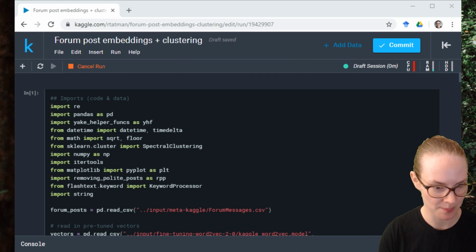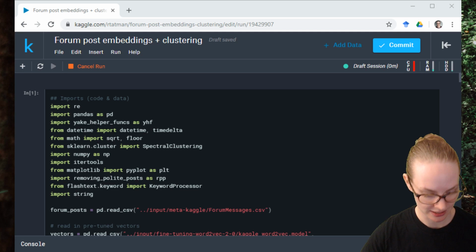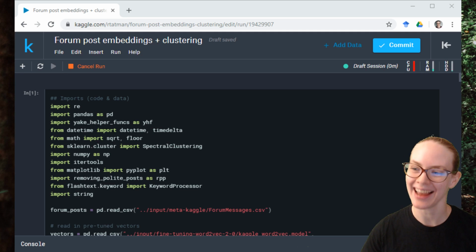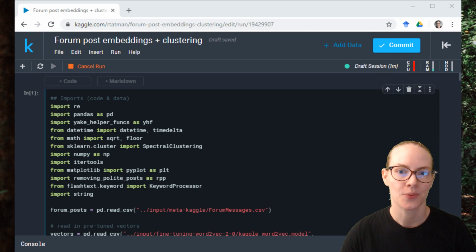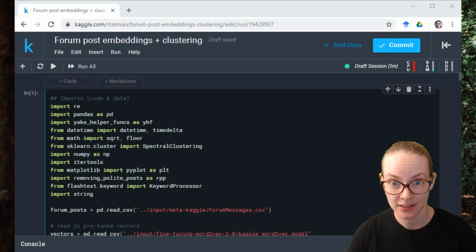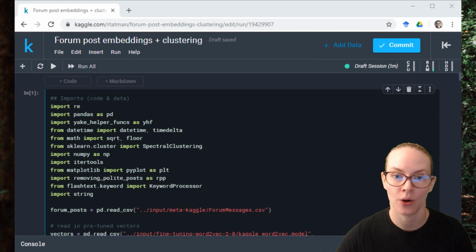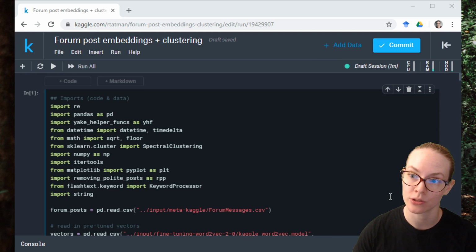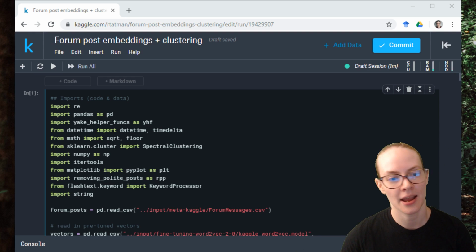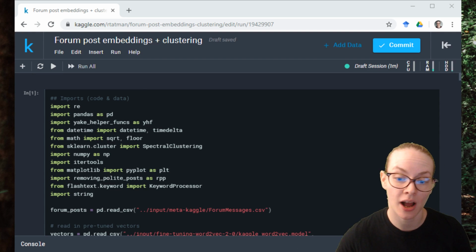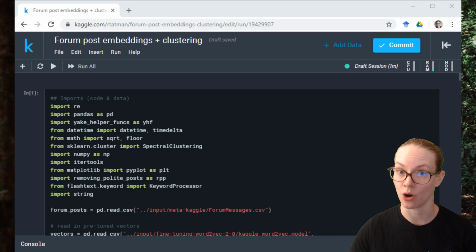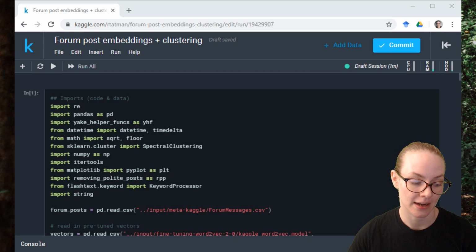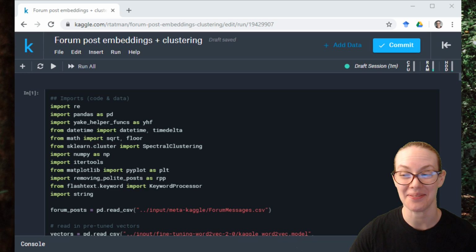All right, so the point of this project is to have a way to summarize and report out the contents of forum posts on Kaggle, in a way that can sort of automate my job and also make it easier for other folks to really quickly get an idea of what's going on. The process right now is that I read the posts and I think about them real hard and I'm like, oh, this is the important one.